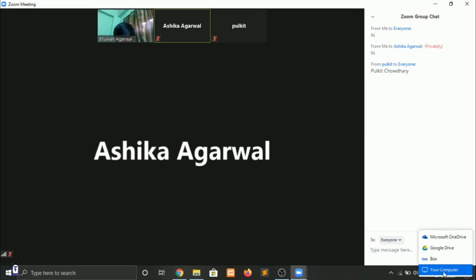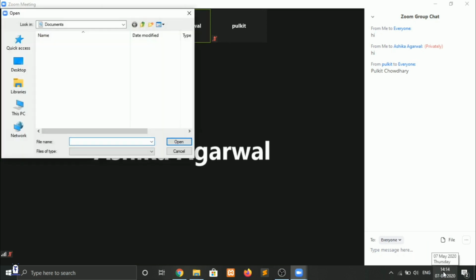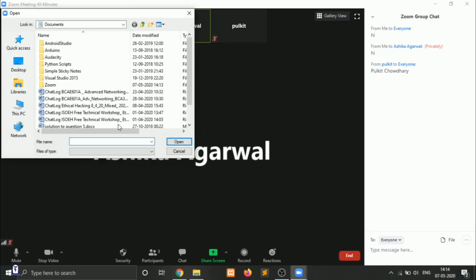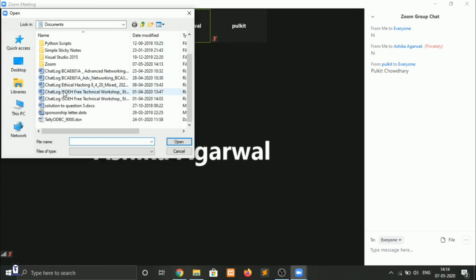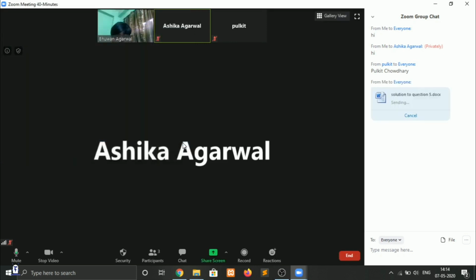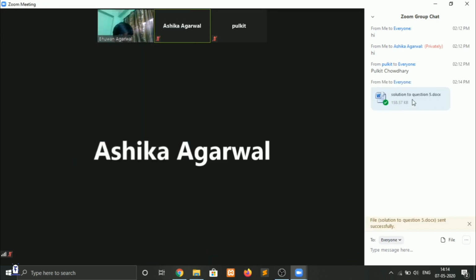If I click on your computer, I can send files which are stored on my own computer. So I can send any file to the people who are in the meeting. I'm selecting this solution to question number 5 and opening it. Now you can see I have sent the file successfully in the chat box and anyone can access it from there.